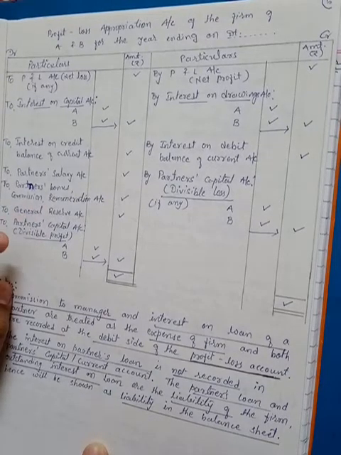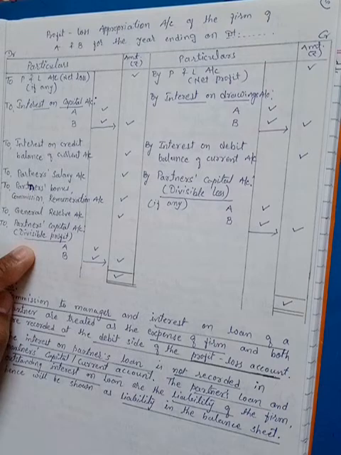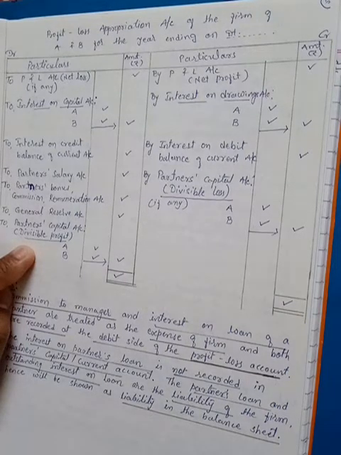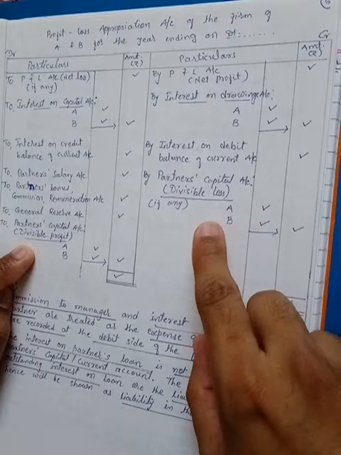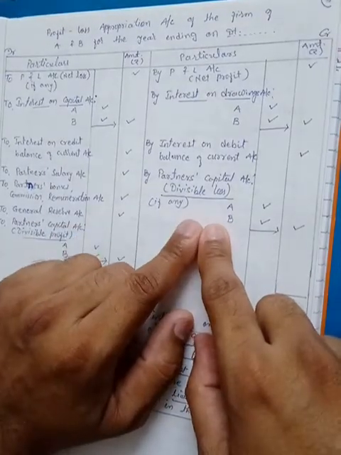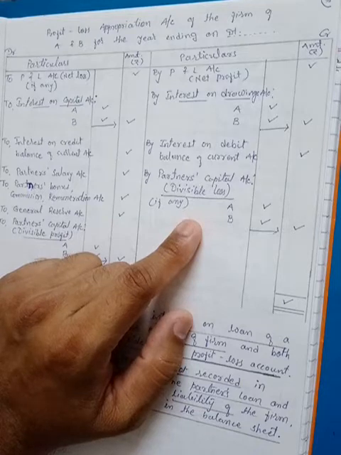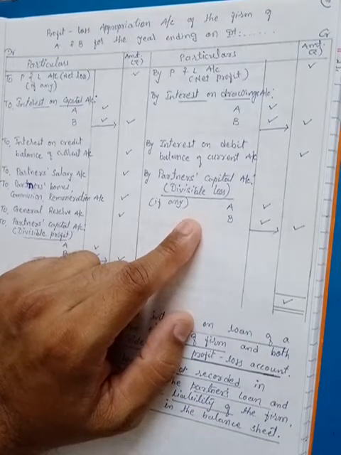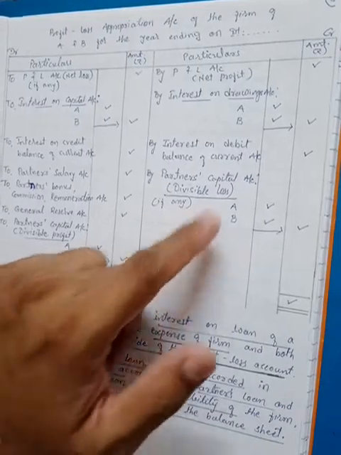And afterwards this divisible profit or divisible loss. For this divisible profit, one effect is over here on the debit side of the appropriation account, and the second effect is recorded in capital or current accounts on the credit side, right? Same way, if there is a divisible loss, then it is recorded over here on the credit side of the appropriation account, and the second effect will be in the partner's capital or current account on the debit side. That also you have learned, and I have already shown you the specimen to prepare the capital account under both methods, the fluctuating capital account method and the fixed capital account method. So accordingly you can find out these effects. All the effects are there.